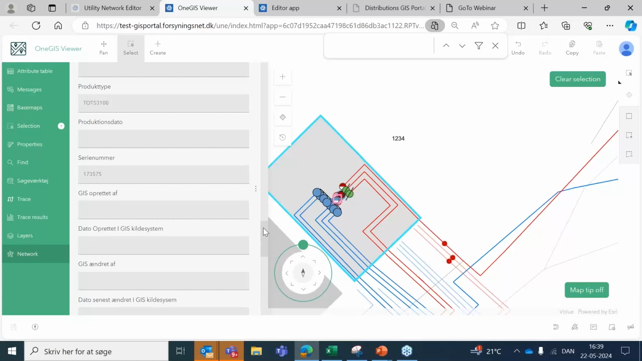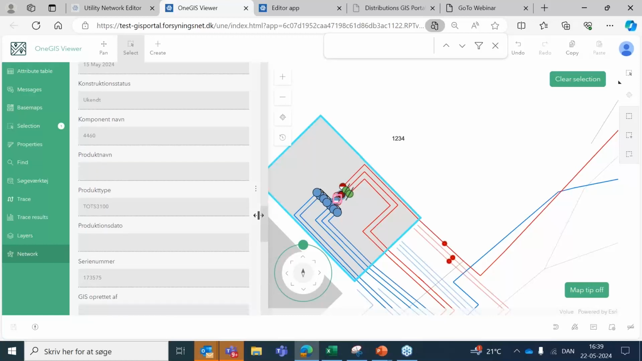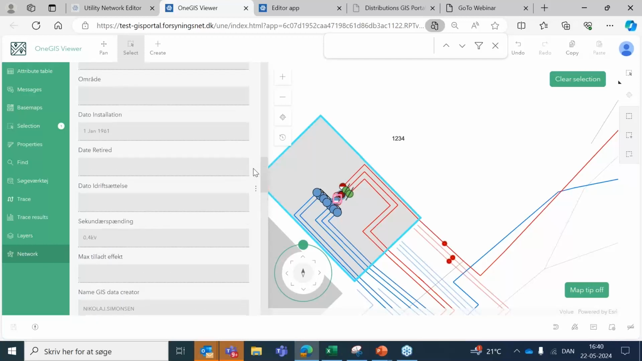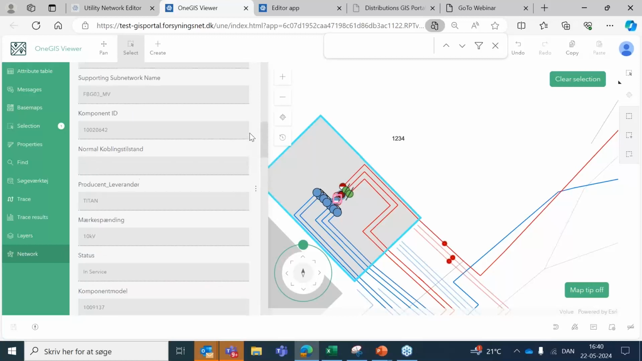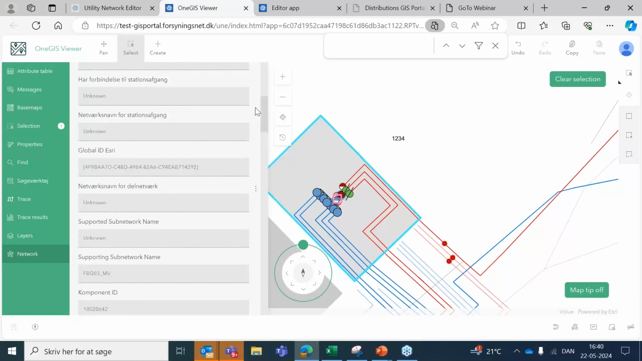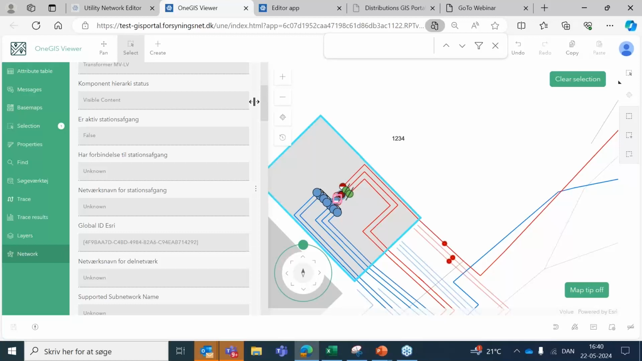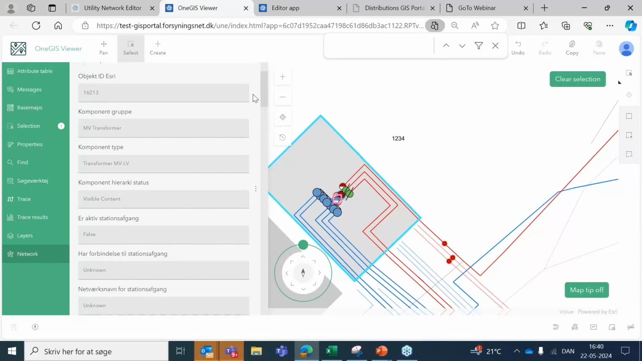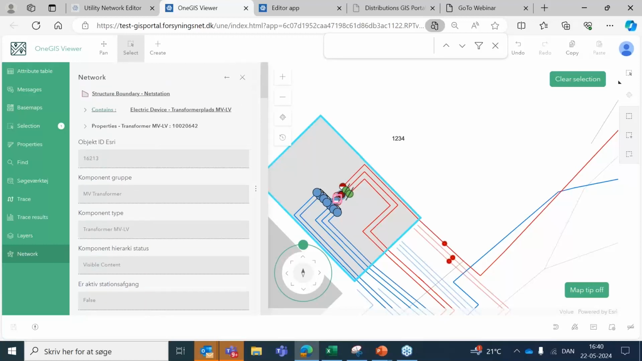But as you can see here, I have all the properties for this transformer station, and one of them is the size of the transformer station. I don't know why it didn't pop up, but if it did, I try one more time. No, it won't. But I would see that it was a 400 kVA transformer, and it was not big enough for this new